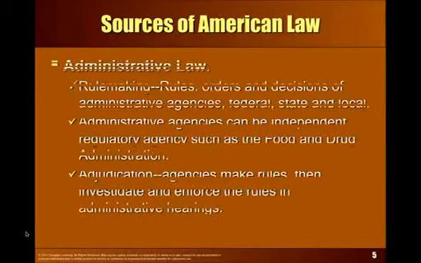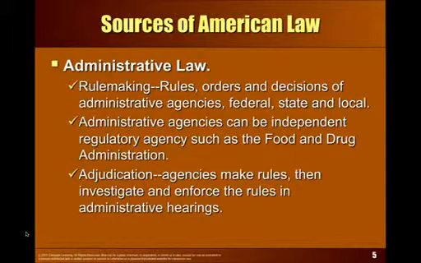All right. Another source of law is administrative law. People usually overlook this one. Like they understand a local ordinance and they can understand the Constitution. But the idea that an administrative agency has the power to create law, a lot of people don't think about that. But actually, there's a huge body of law in administrative law. If you think about anything like the FCC, FTC, FDA, all those things are large administrative agencies